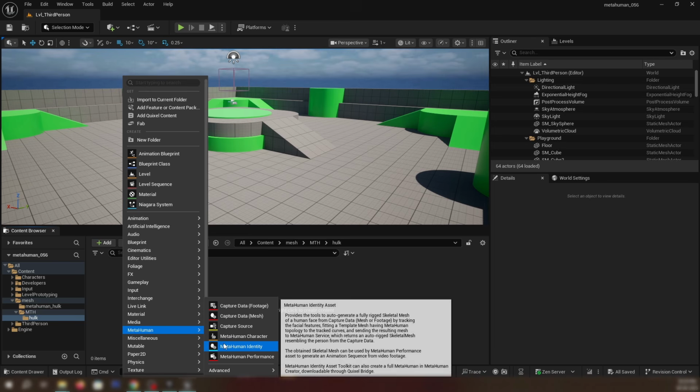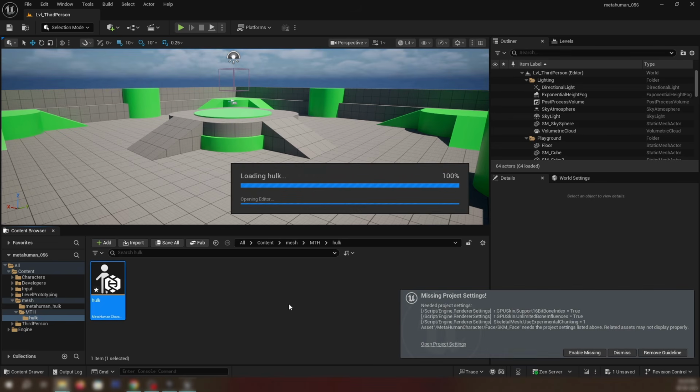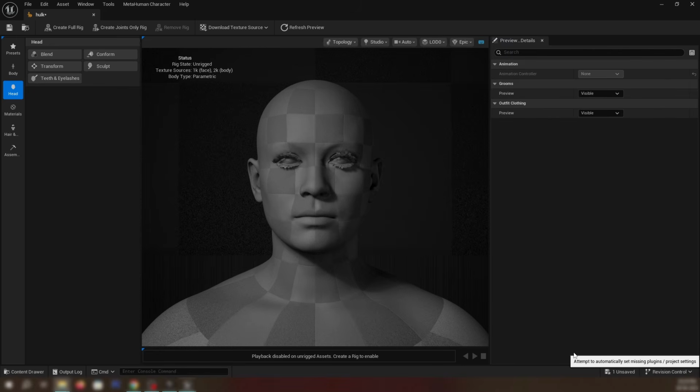So here I'll go to MetaHuman and MetaHuman character. This is the process. So I'll create a Hulk named character. This was not previously available. So I'll double click on it. There are some missing plugins, so I have to enable them and restart my Unreal.